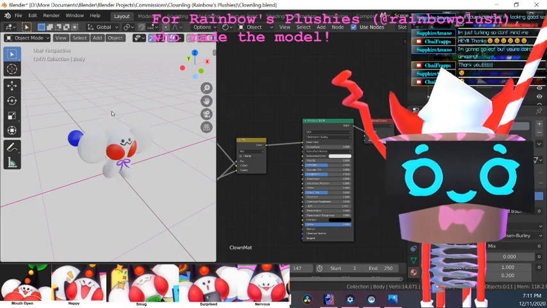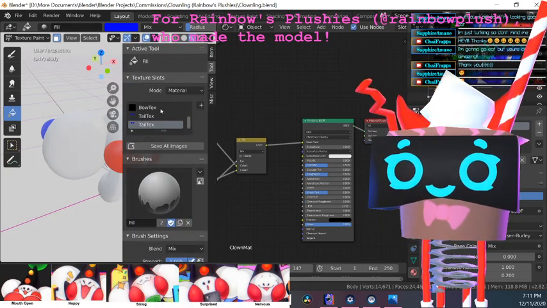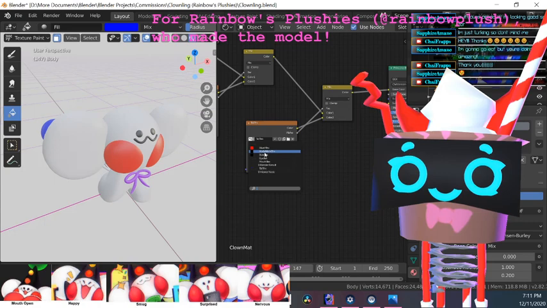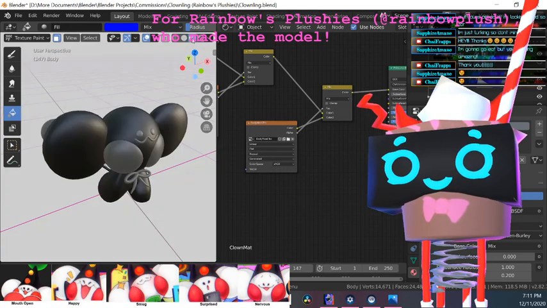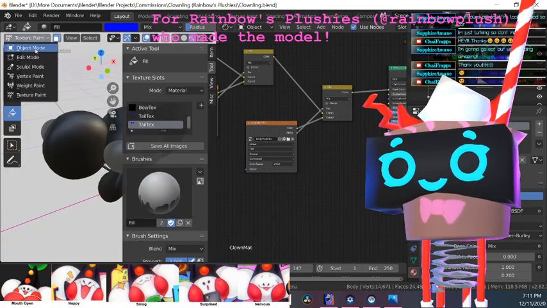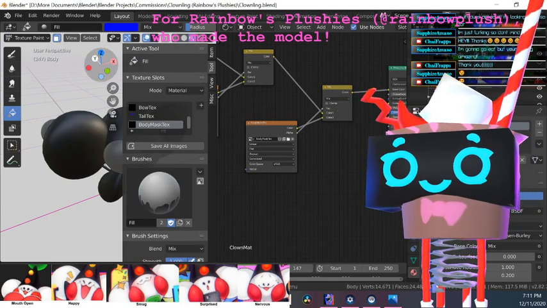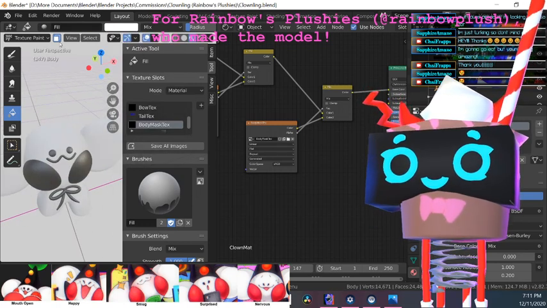And now let's go to texture paint, and okay, we need to switch this one. Okay, that'll fix it. Though it needs to reload. Hasn't reloaded yet. Let's try switching like that. Maybe leaving texture paint. There we go. Okay. So now we need to fill with just a plain white. Okay. So now we have this mask,